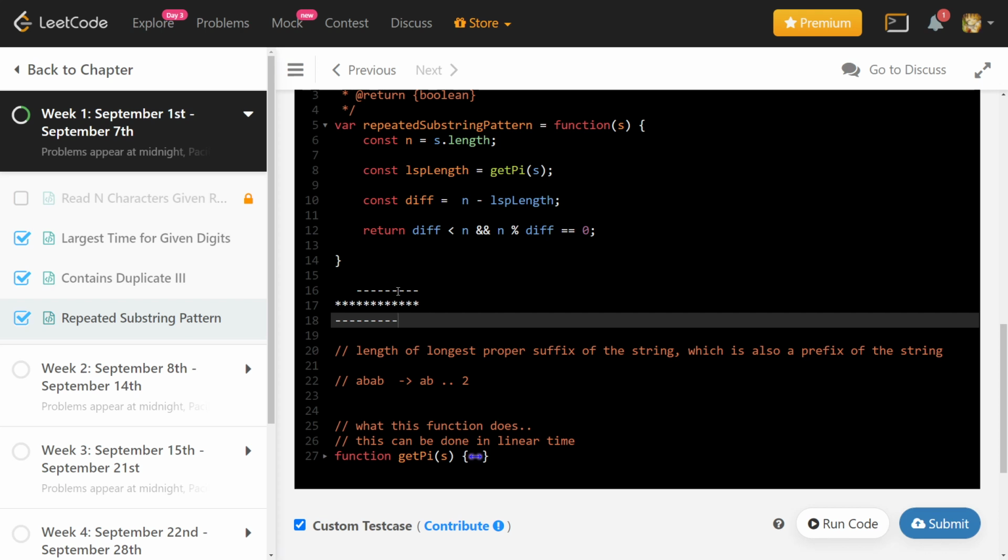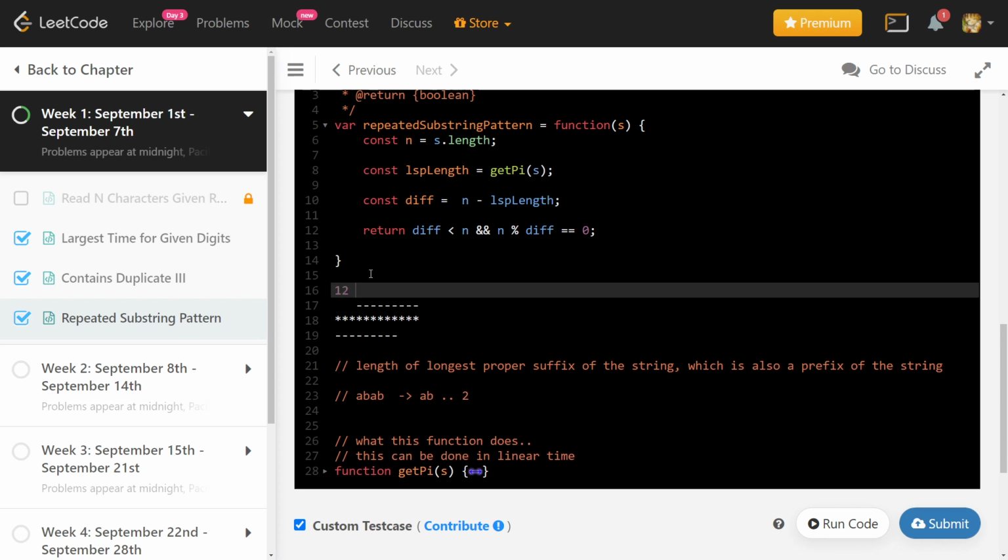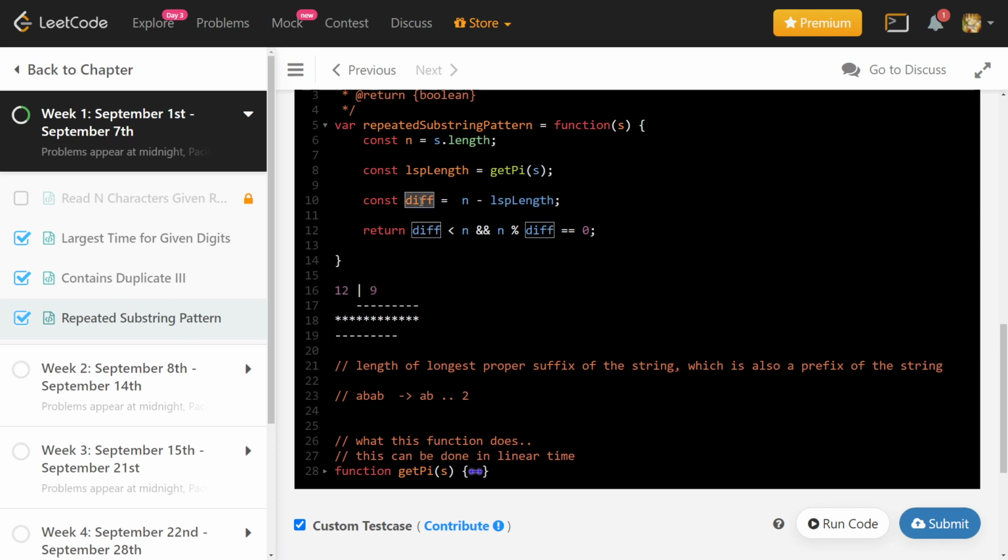If I get this, then the length here is 12 and the LSP value is 9. So the diff will be equal to 3, and n, which is 12, is divisible by 3. Now let's see why this works.